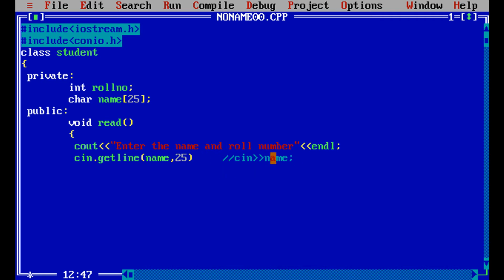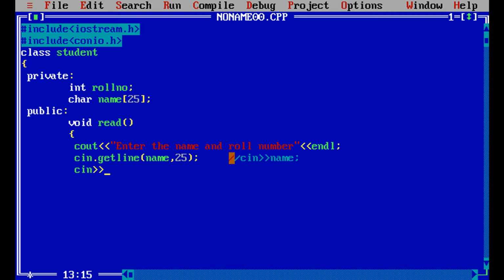This will read only a word. Suppose your name is Shashank Rathod, it will read only Shashank, not Rathod. But getline will read even the whole line of text until you press the enter key. That's the difference between the getline function and normal cin.